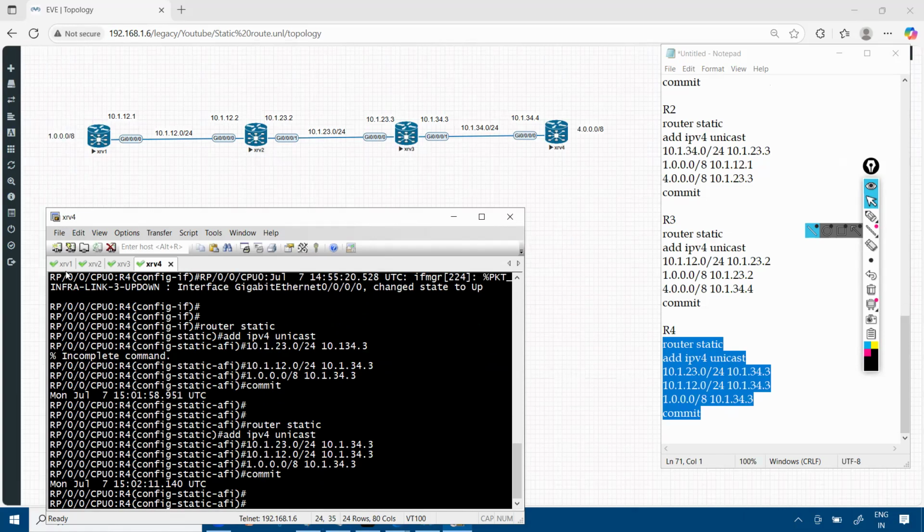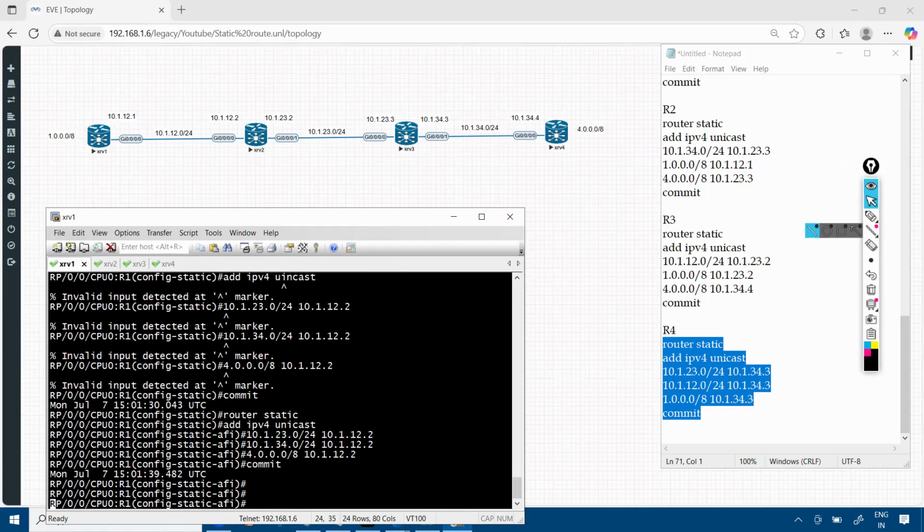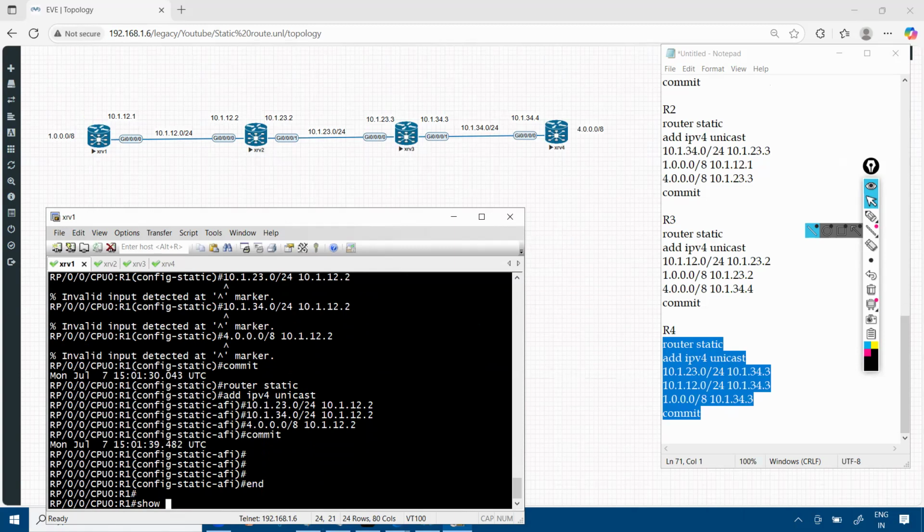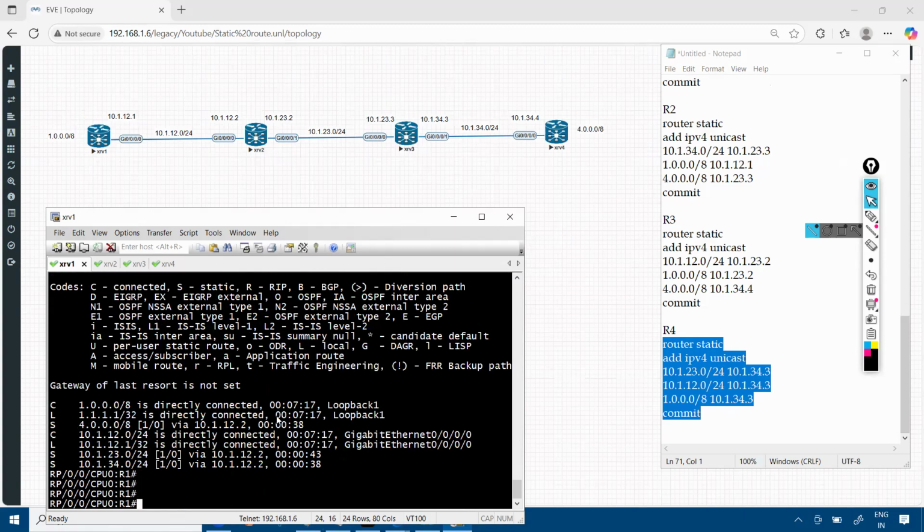Okay. So now you can see that on router number 1, show ip route first of all. I can have a look at the network, same verification that you have done in the IOS one. So I have an AD of 1 and 0 as a metric. The next hop is 12.2 right now. This route has been installed 38 seconds ago.